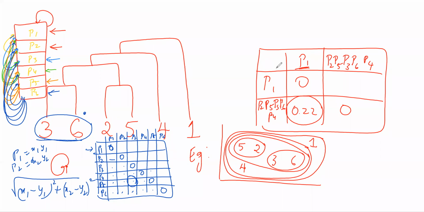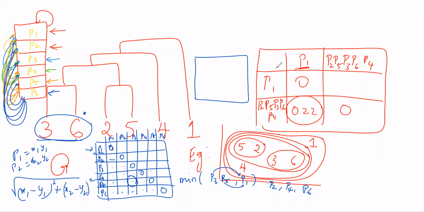So I took P3 to P6 and identified the minimum distance from P3 to P6 with P1, with P2, with P4 and with P5, because the other two are already there. So I identified the minimum distance of P3 to P1 and P6 to P1. Within these two, whichever was the minimum distance, I took it. I again recreated a smaller distance matrix. It was not only for P1; I did the same procedure for P2, for P4 and for P5.